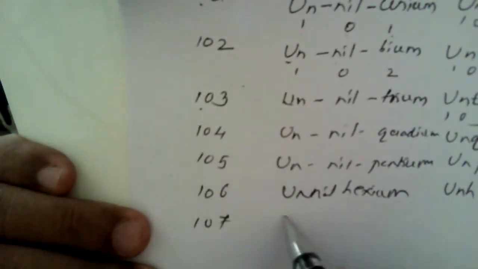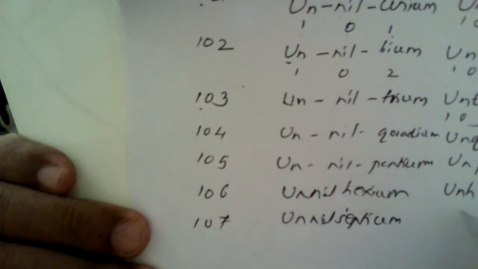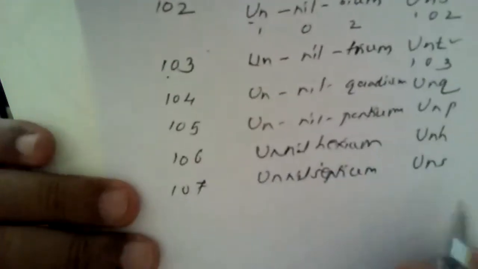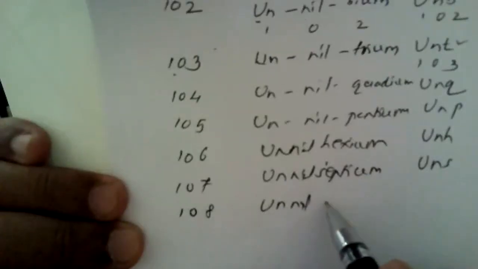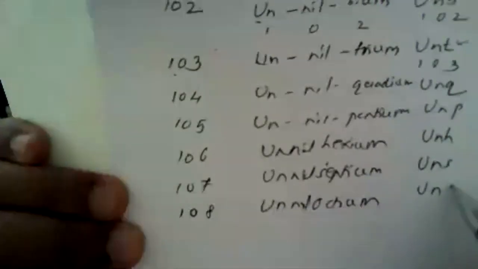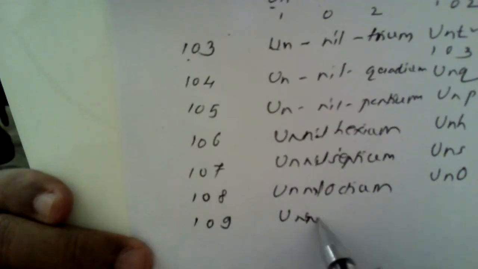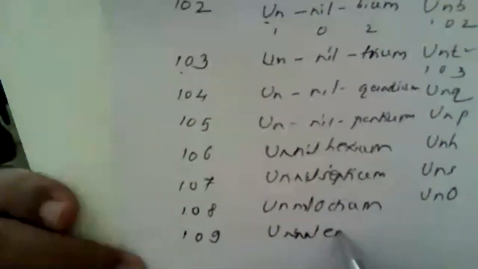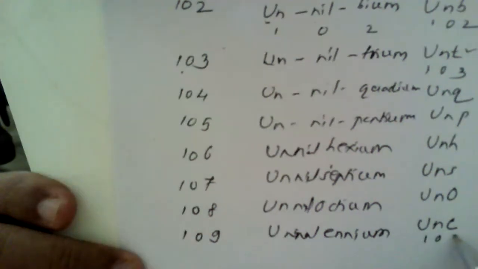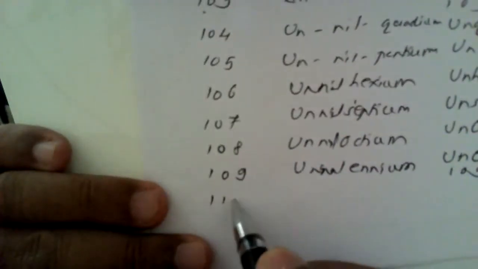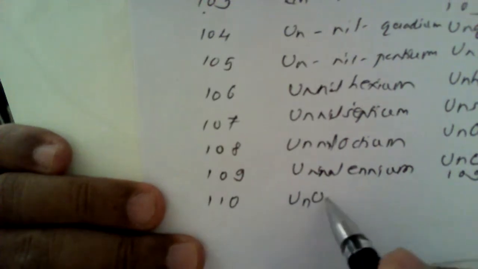Now 107 is unnilseptium. For 7 it is sept, and hence unnilseptium, UNS. 108 is unniloctium, UNO. Then 109 is unnilennium, UNE. And for 110, for digit 1 it is un, for digit 1 again it is un,